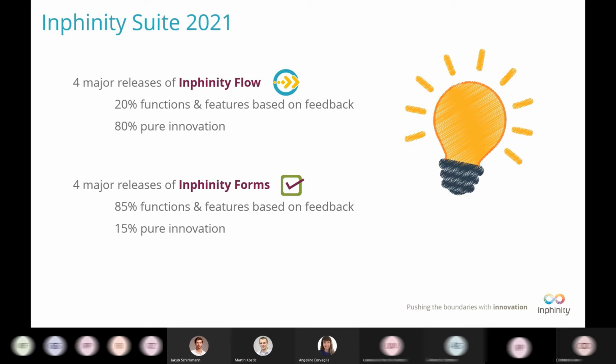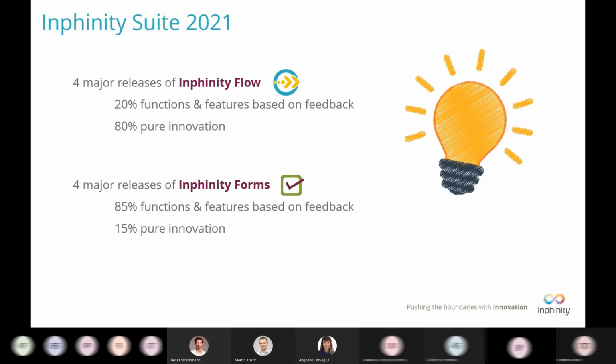Here with Infinity Forms, let me say big thank you to all of you who collect the feedback from the customers, but also keep thinking about how our products can help you deliver better solutions and how we can push the boundaries of analytics together.